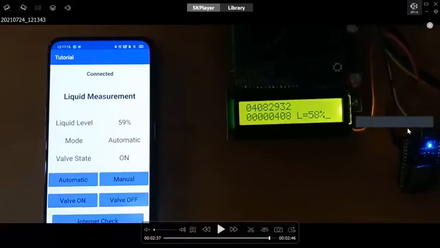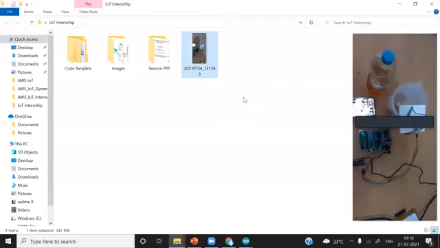So that's it. Whatever things we have learned from the first session to this last session, we have implemented all these things into this project, the video I just showed you. So all the things we have combined in this single video. That is the purpose I wanted to show. We are going to share the resource material, and the application of this project will also be in the resource material.